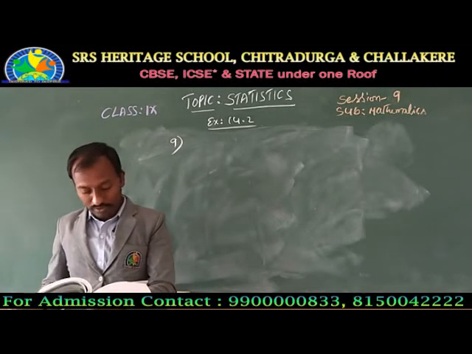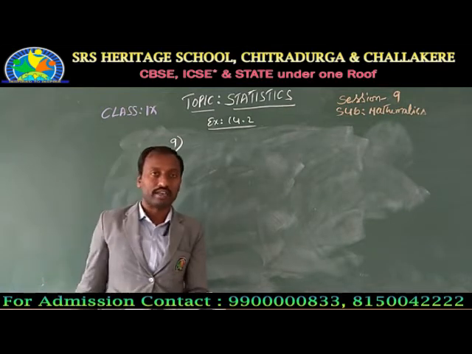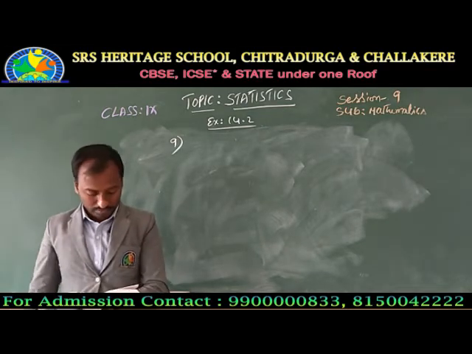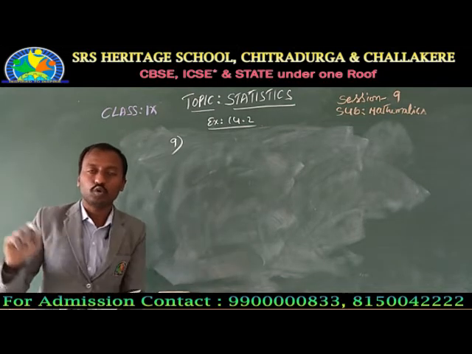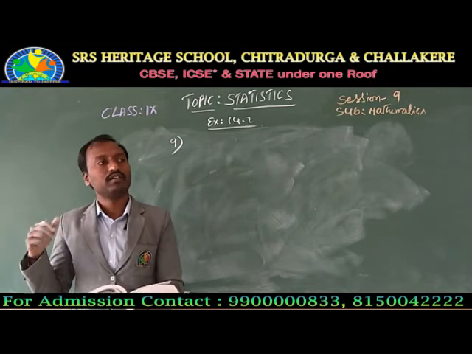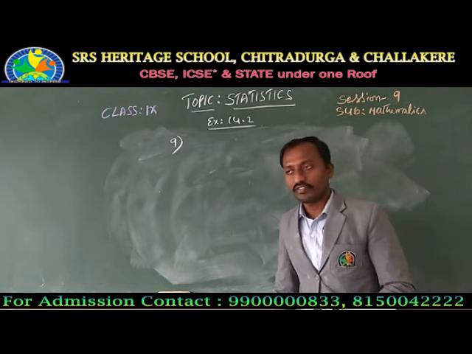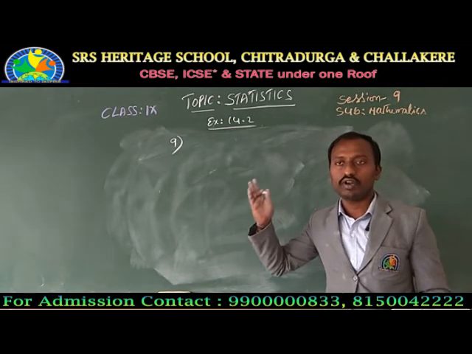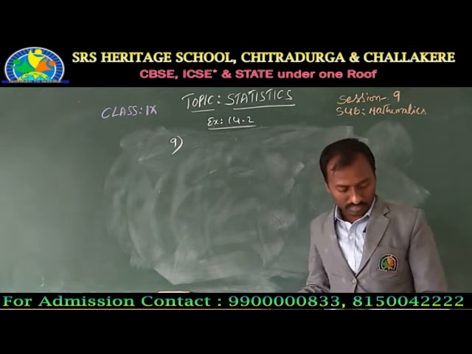So construct a grouped frequency distribution table for this data using a class interval of size 0.5. The starting point is not mentioned, so we start from this one, but the size of the class they mentioned as 0.5. The interval also they mentioned, 2 to 2.5. Here also they did not ask any different questions. They only ask one question, that is how to make a frequency distribution table, with the lifetime of battery and the number of batteries prepared by a particular company.